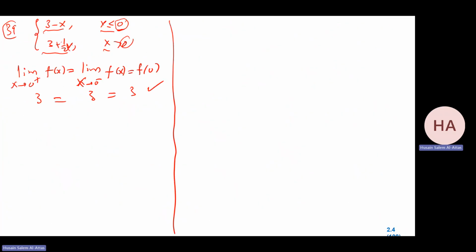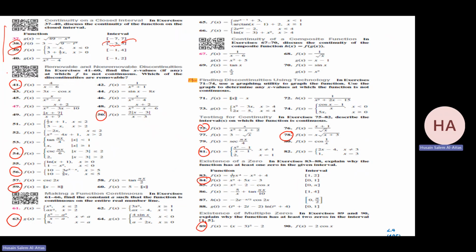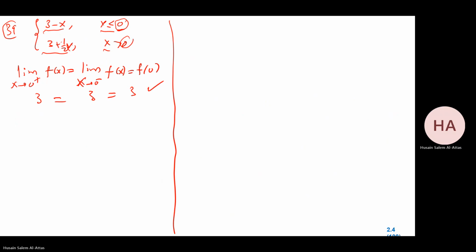Okay, let me go back to the problems. This group of problems, from 40 to 60, they want us to find the x values for which the function is not continuous and check whether it is removable or non-removable. So the discontinuity points and whether they are removable or non-removable. Let me do it here. I'll do 41. f of x equals 4